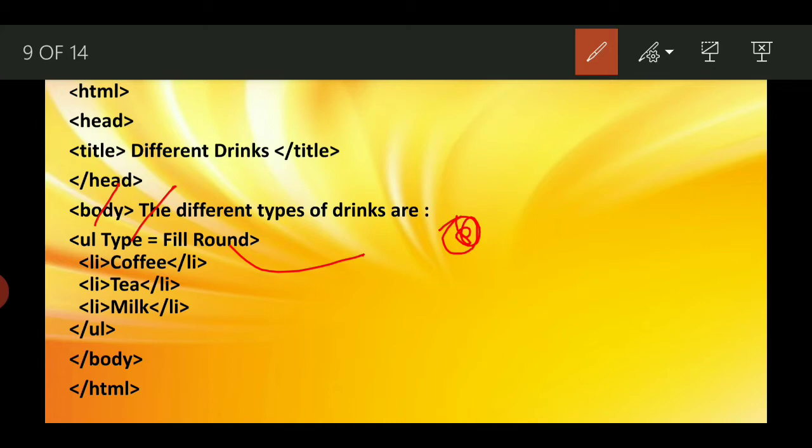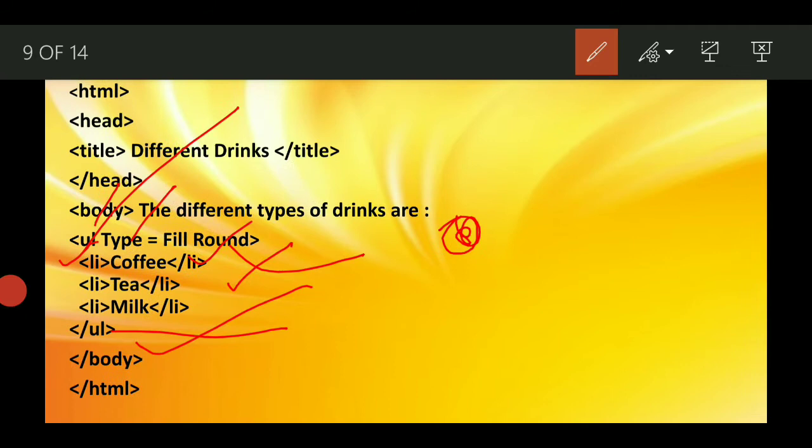Now LI, list item. The first list item is coffee. And then again you see the opening li tag and closing li tag. Again I have written opening li tag, tea, the next item. Again closing li. Again opening li, milk, again closing li. And then I have closed in the last ul tag. That means this is the opening tag and this is the closing tag. Okay, and after I have finished my coding, I end with the body tag and then HTML.